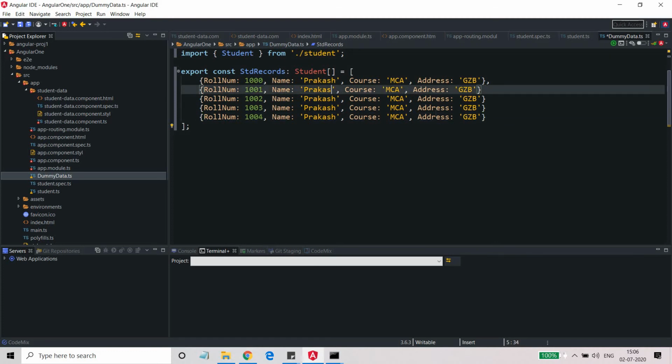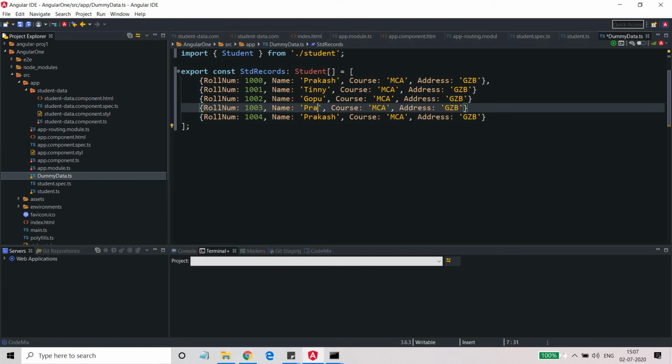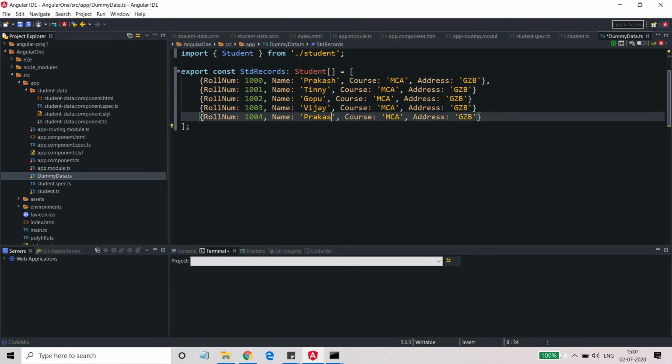And the names: Prakash, then Tinny, Gopu, then Vijay, then Sanjay. Now we can change the courses here.